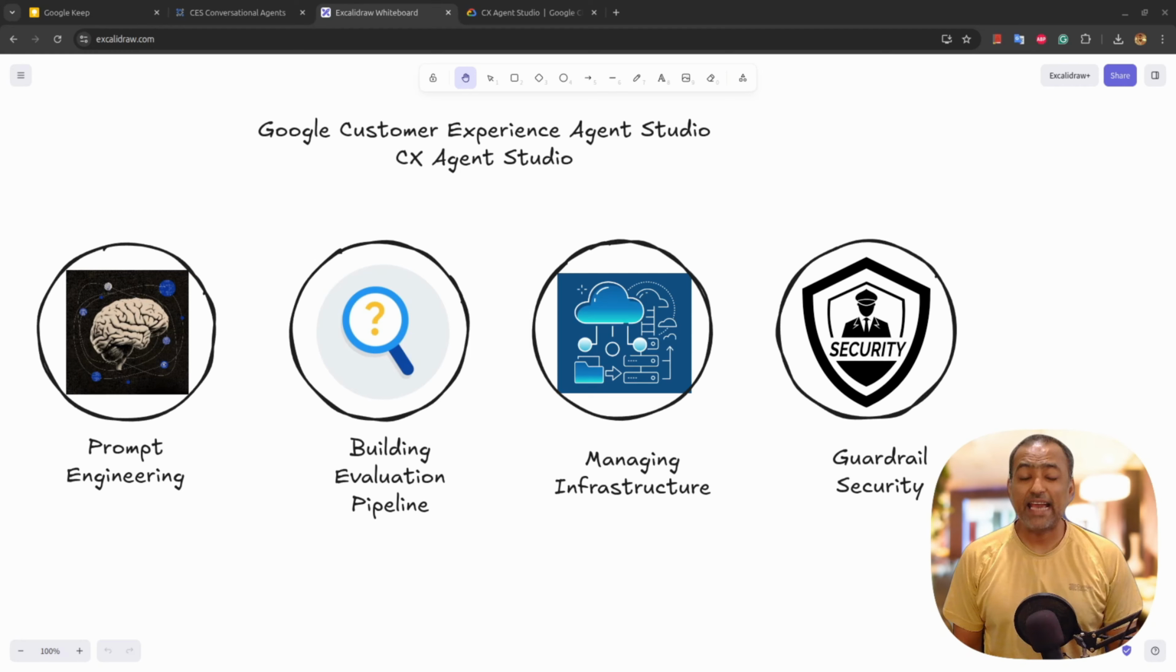We all know that AI agents are everywhere, and 2026 is going to be the year of AI agents. But building AI agents for enterprise is a totally different game. You need prompt engineering, you need a pipeline to evaluate your agent, you need infrastructure because you want to scale the agent when it needs. You need guardrails so your agent can be secure against prompt injections. So these are a few really critical points that need to be considered when you want to build AI agents